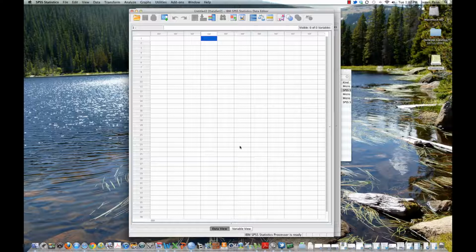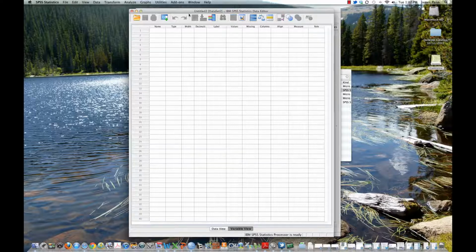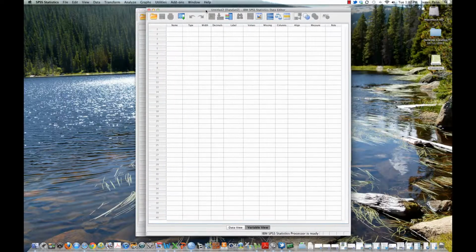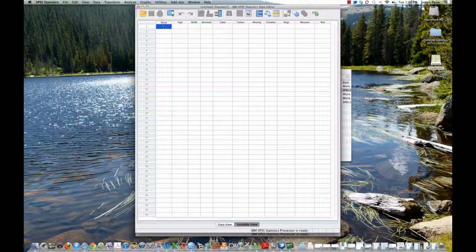First thing you need to do, though, is to actually set up some variables. And for our first assignment, I think we have 2 different variables that we set up. Let me sneak a peek there. One was called salary. Type that here. And we can say salary at 2 decimal places, right? And we could write in the label exactly how we want it to look. Title caps. And salary is a scale variable.